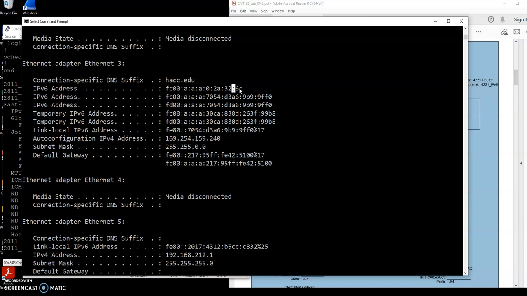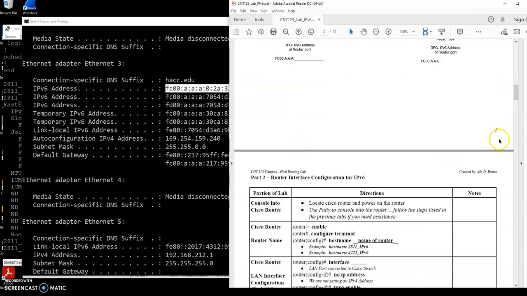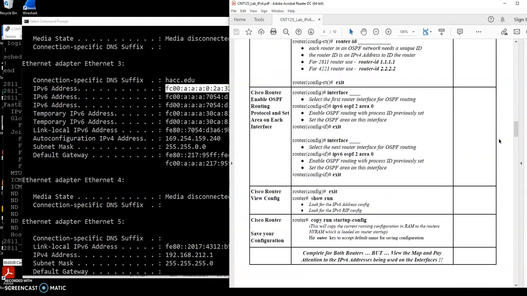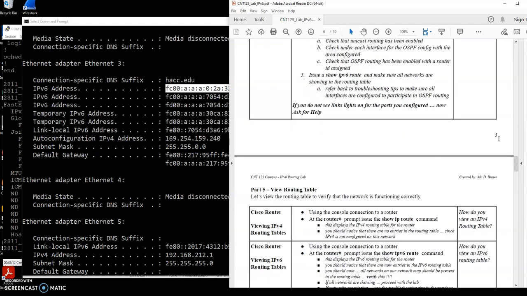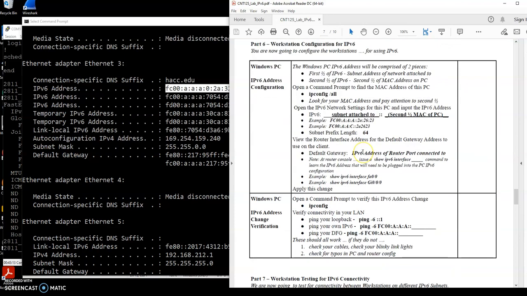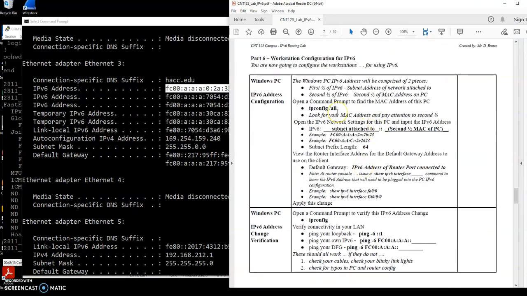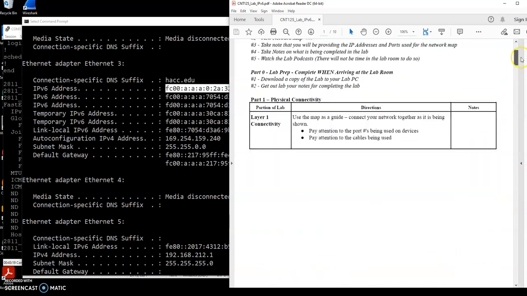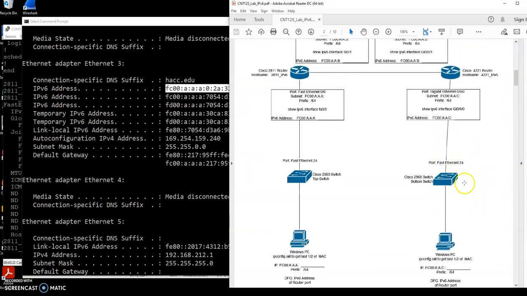2A326C. There is my IP address. So, not hard, just really tedious to do. I'm going to do that for the first PC. And then I will need to repeat this process for the other PC. Okay? I will need to repeat this process over here for this PC, making sure I note that it's